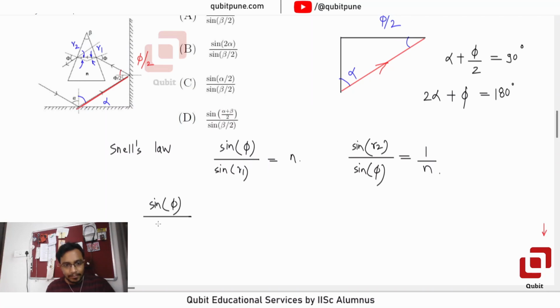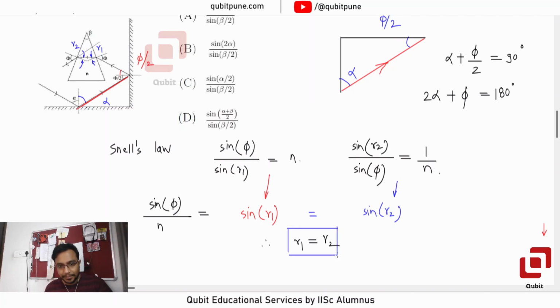Okay, suppose we take the ratio sin phi upon n. From this equation we get it as sin r1, and from this, if we take the ratio sin phi by n, it will be sin r2. Both are the same, so the equality of sin r1 and sin r2 gives us an important relationship. Both r1 and r2 are acute from the figure, so r1 must be equal to r2. That is our first conclusion, and now we are going to use it to find the relationship between r1, r2